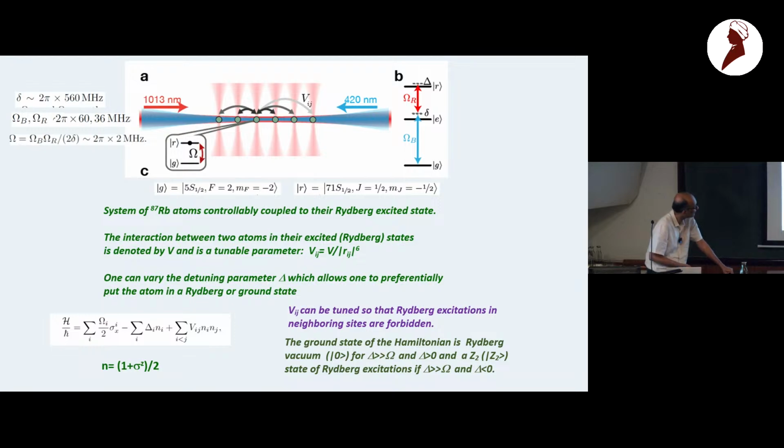because one excitation blocks other possible excitation on neighboring sites. And in this case, we are going to be interested in a regime where the neighboring site falls within this blockade radius. So if you have one Rydberg excitation created on a given site, then the neighboring sites cannot have a Rydberg excitation because it's energetically prohibitively expensive.